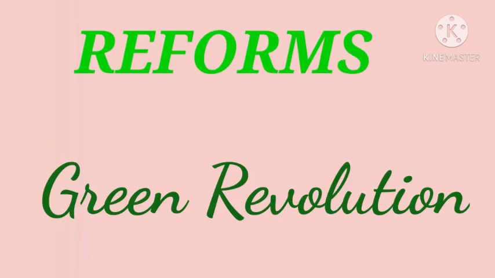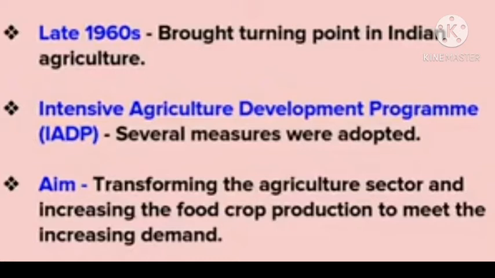Decline in the agricultural sector will lead to the decline in other sectors of the Indian economy. So to check this, the government of India has taken a number of steps as a part of the Green Revolution. It started in the 1960s. You know that Norman Borlaug was invited to India by the Nehru government. He was supported by M.S. Swaminathan, the father of the Green Revolution in India.